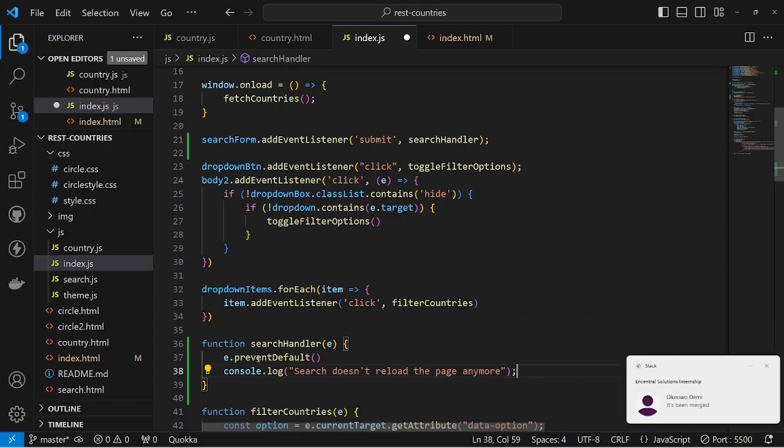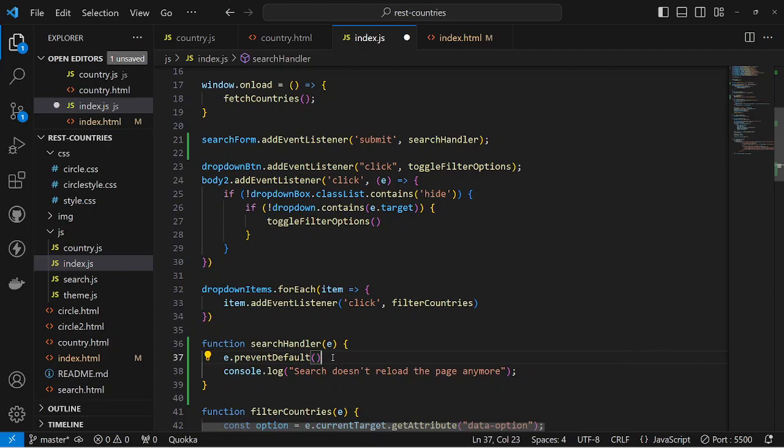Okay, before we go into that, e.preventDefault stops the default action of things in the HTML. For example, forms. When you submit a form, it will try to send the data and reload the page. That's the default action of submitting forms. So e.preventDefault stops that from happening. So when you click this button, nothing happens by default, and only the code you've written here will continue to run. So it's very essential you do that when you're handling forms with JavaScript. Okay. So now when we click,